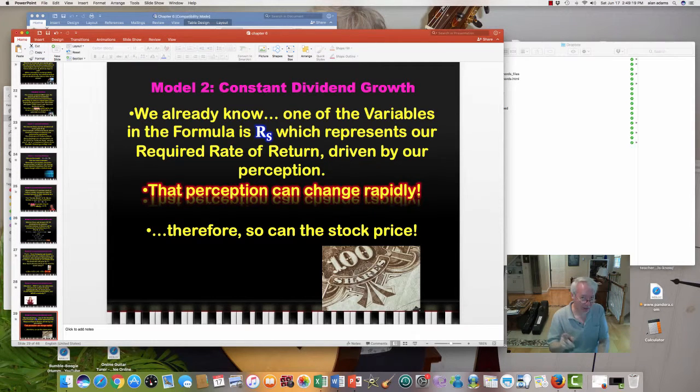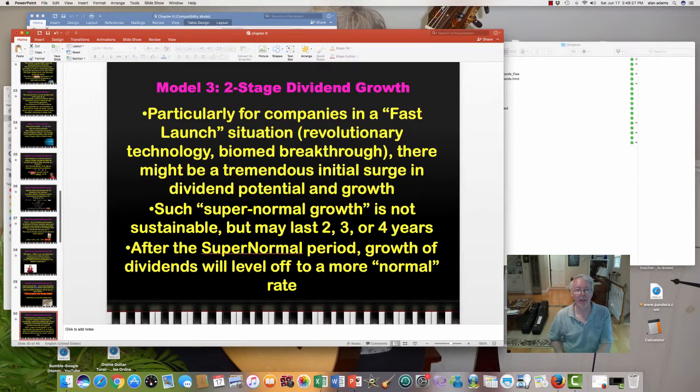So yes, it can be reduced to a mathematical model, but variables within that model are subject to rapid change. Therefore, so is the price of stock, and that is why the markets fluctuate, friends. Okay. The third model I'm going to give you is two-stage dividend growth, and this happens when a company is